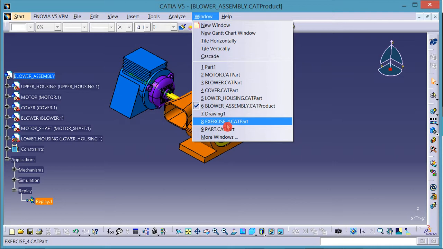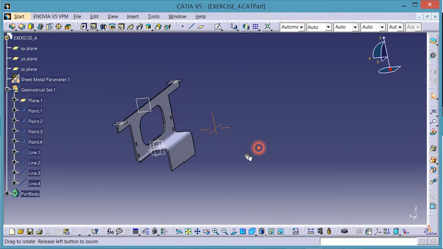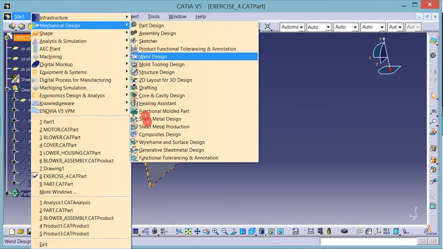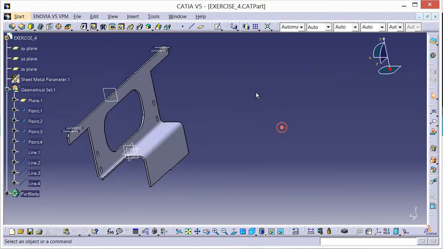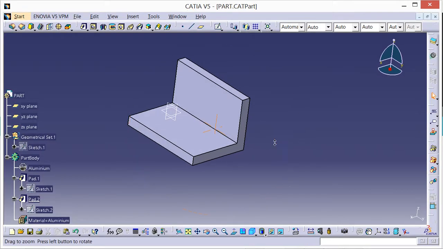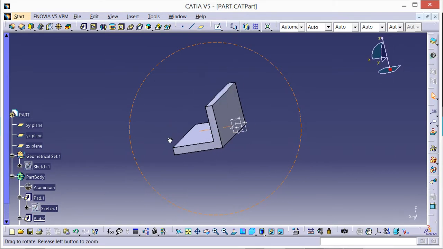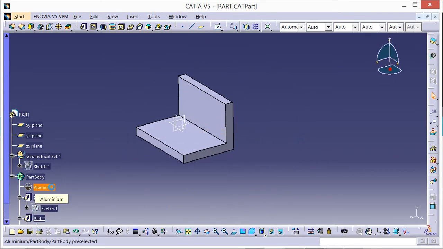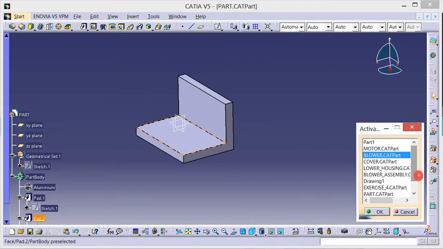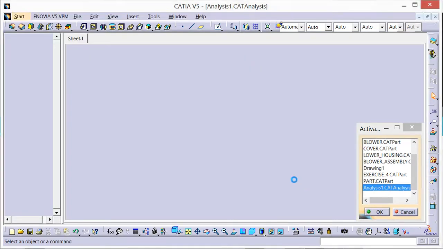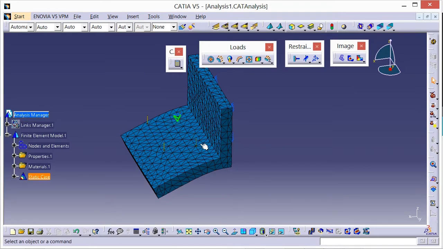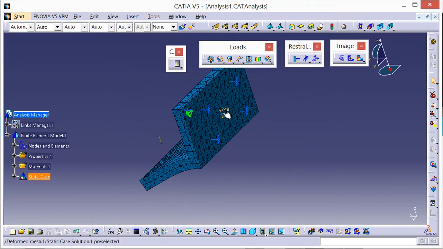And also sheet metal components can be done here by using a generative sheet metal design workbench. And also we can do analysis, that is structural analysis for a model. So this is the model that I have created, and I have given the material as aluminum for this. When the load of 10 Pascal is applied on it, this is how the deformation is taking place. I have applied a load at these 4 points by giving a support behind it here,